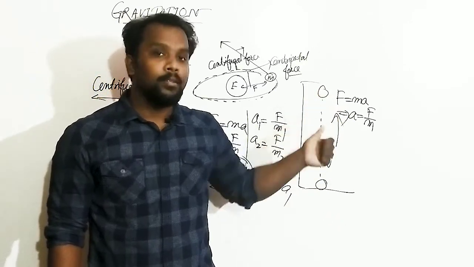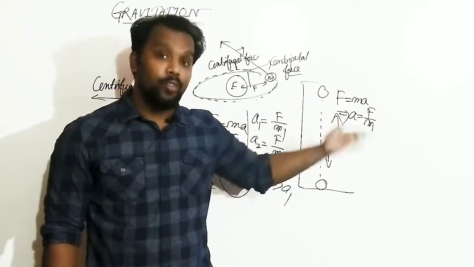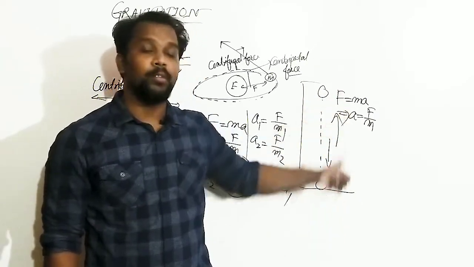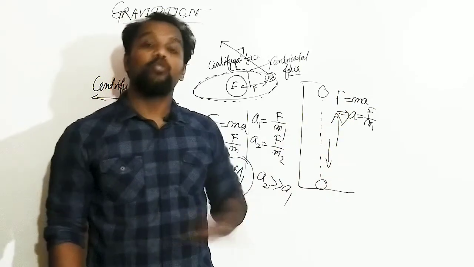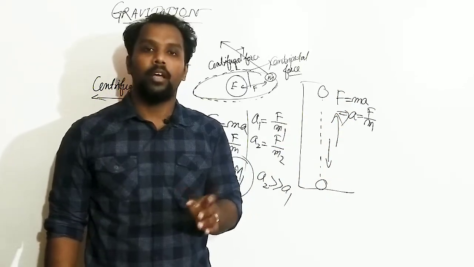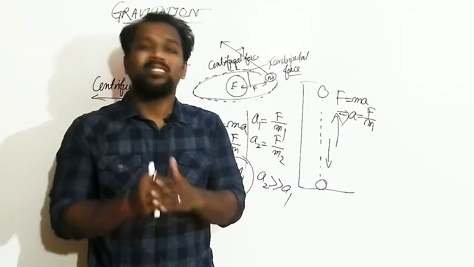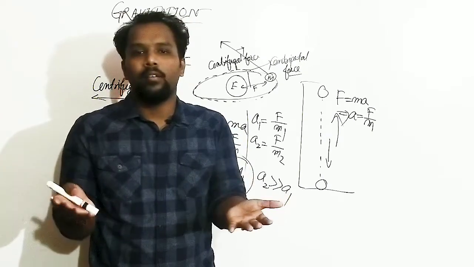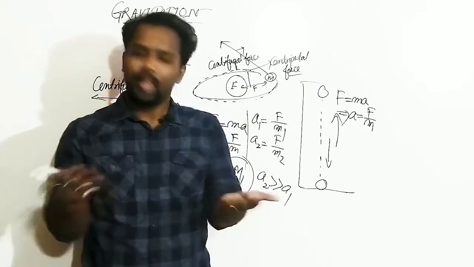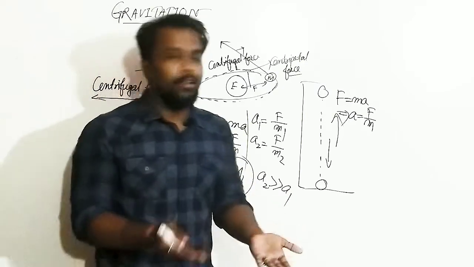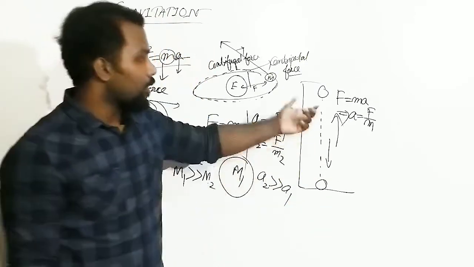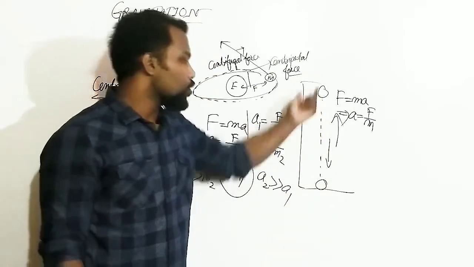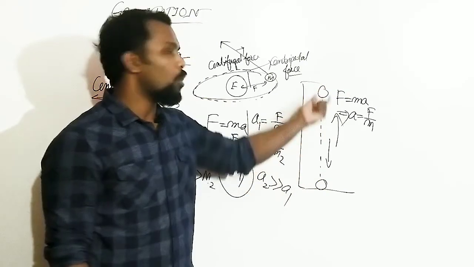Okay, but during that attraction, the acceleration attained by the ground towards the ball is quite negligible. Negligible means that, though it is in motion, it is not considerable. That's why we say that our surface is not going to move towards the ball, but the ball is going to move towards the earth. Because why? That ball is going to have a